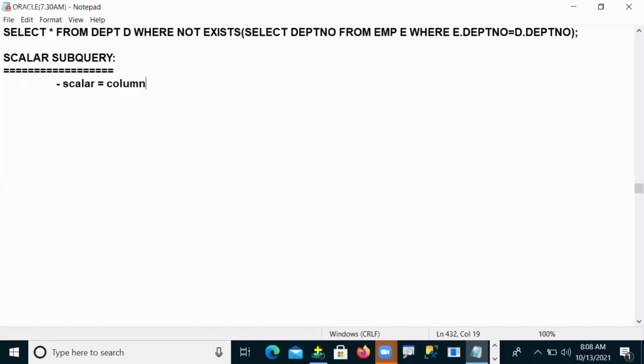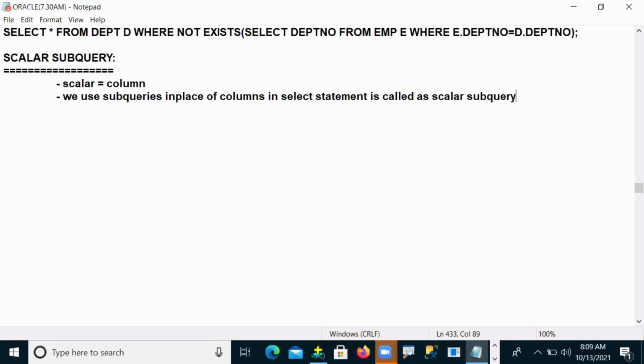So how can we define a scalar subquery? When we use subqueries in place of columns in the select statement, it is called a scalar subquery.